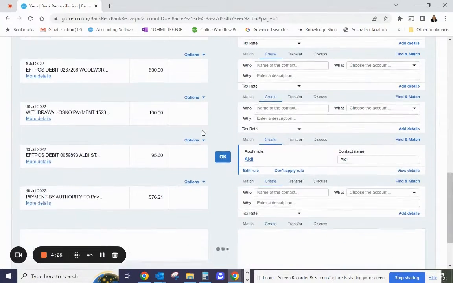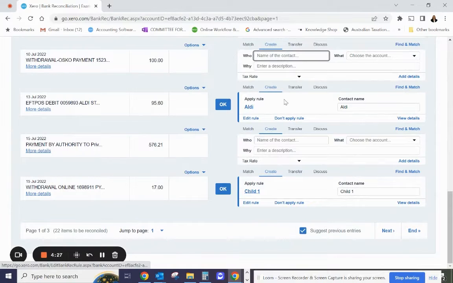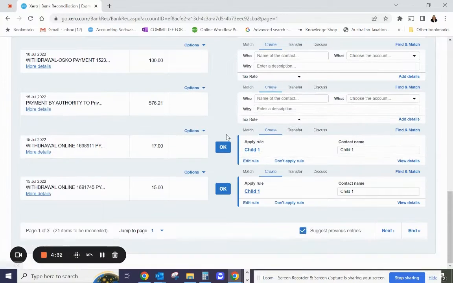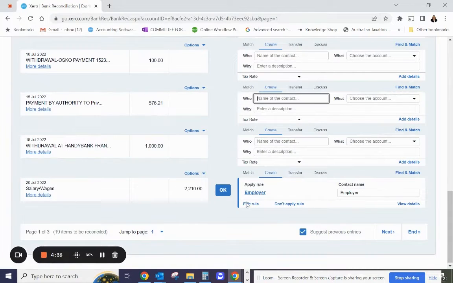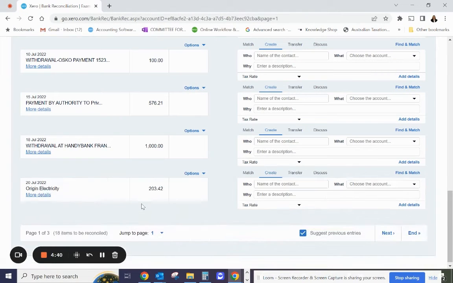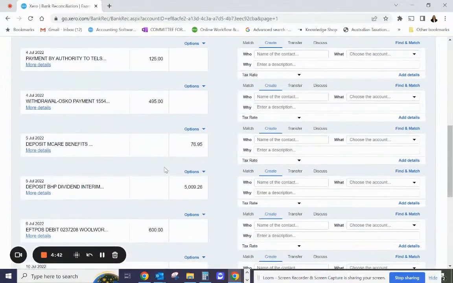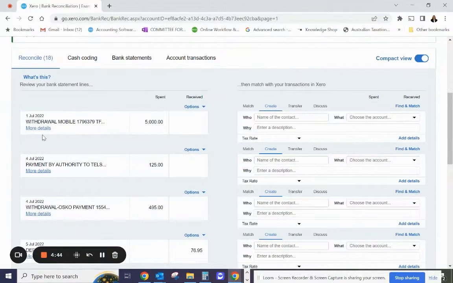This is where you get really happy clicking. I had created a rule before for Aldi when I was running through this, so we can click that. Aldi's going to groceries. Now, there will be another wages, and see now it keeps coming up every time. I don't need to think about it, I can just click on those wages. When I've got another one here, payment by authority to